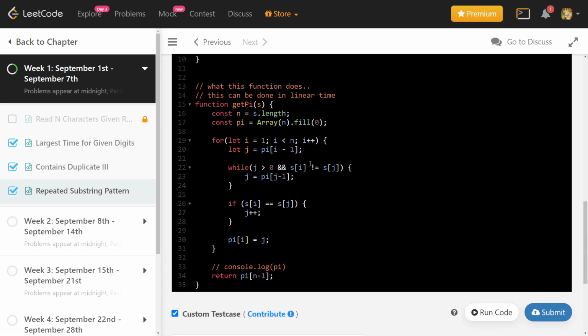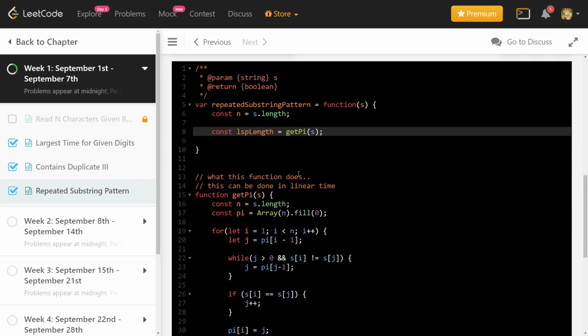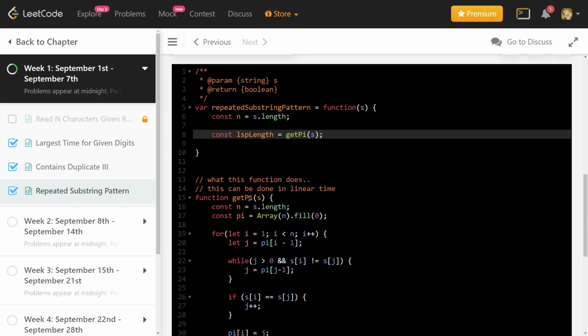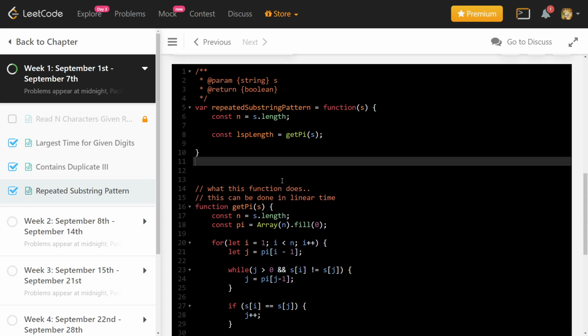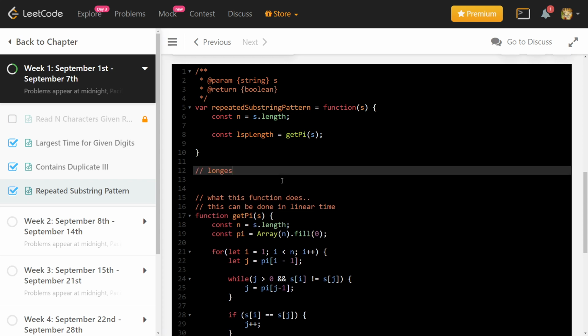I'll explain what I'm doing. So now we look at this function. It is doing some computation and returning something. So this pi, it is pronounced as pi, it's a notation which is used for this function. So what is this function? What are we trying to find? So this function gives me the longest suffix of the string.